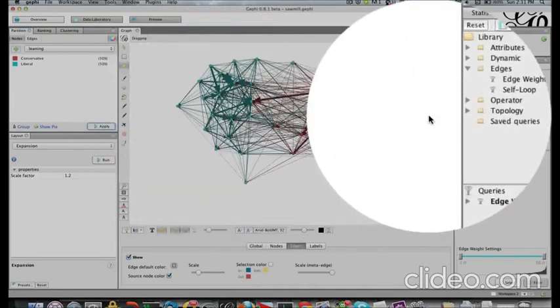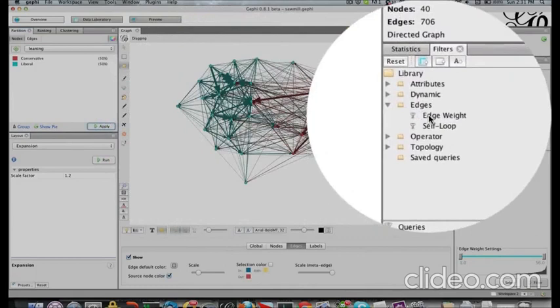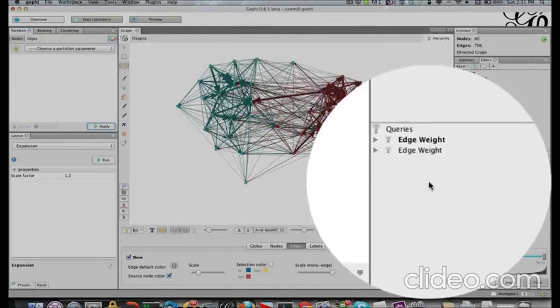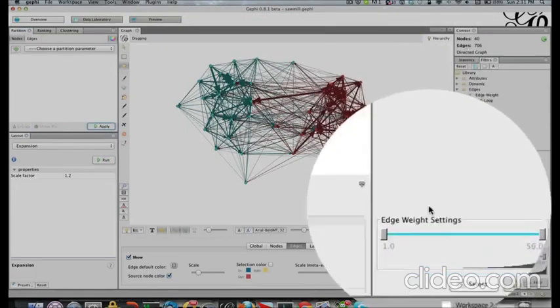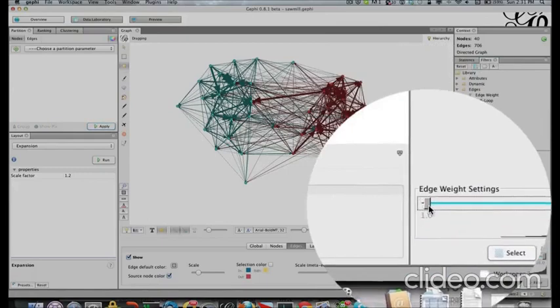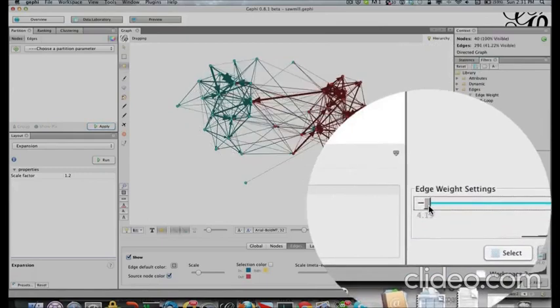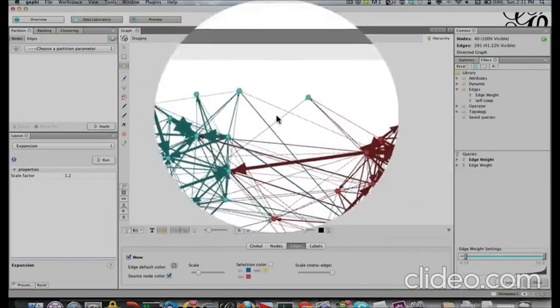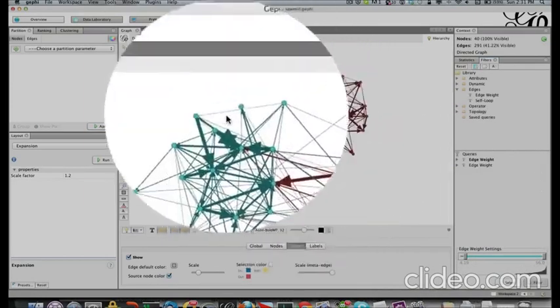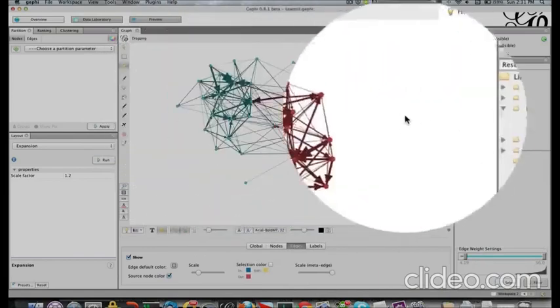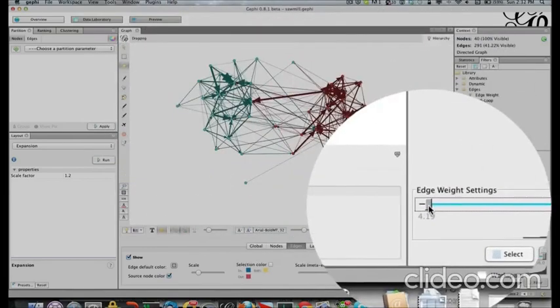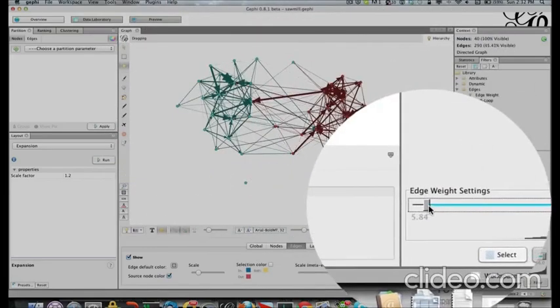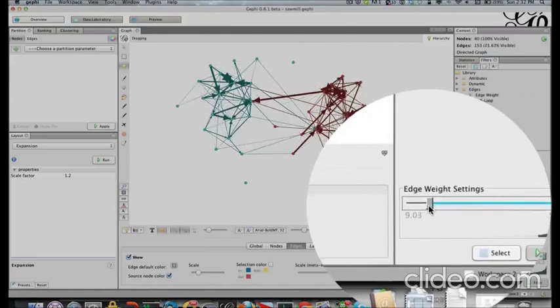And now we're ready to apply a filter. So I'm going to do that. And we can increase the filter. So for example, maybe they have to have mentioned each other at least 4 times. And this already thins out the network a lot, but still you have most of the liberals connected, most of the conservatives connected. If we increase this a little bit more,